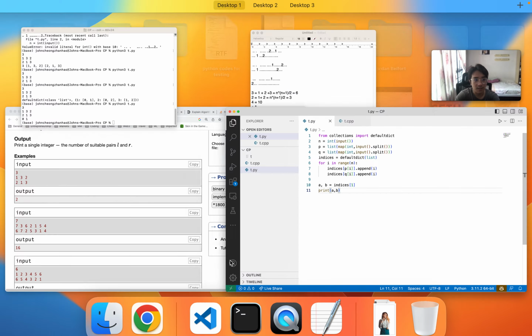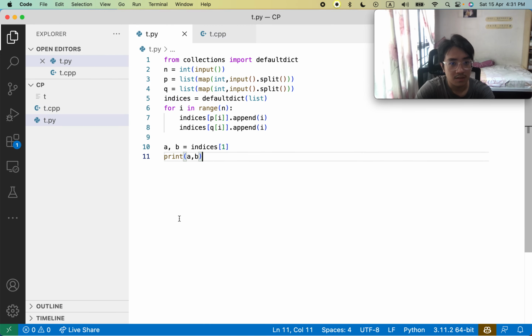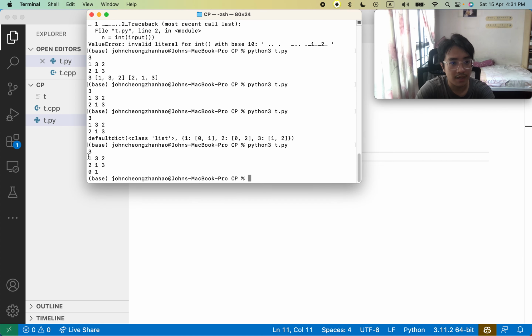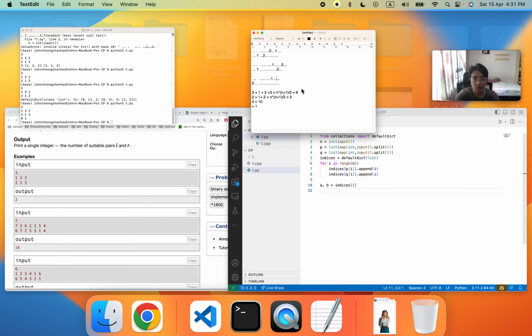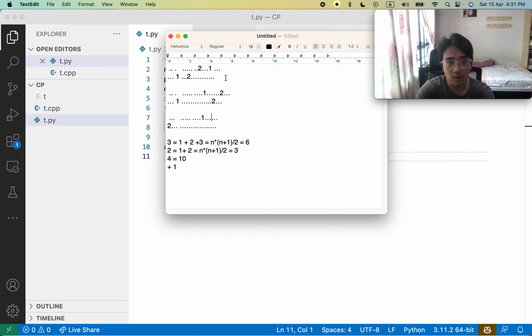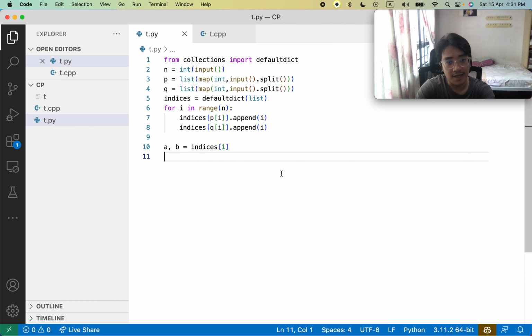0 and 1. Okay, which is correct. Yeah, pretty much. So this is the initial pointers here that we got for these two 1, 1 values. And next thing we're gonna do is we're gonna create a new function called